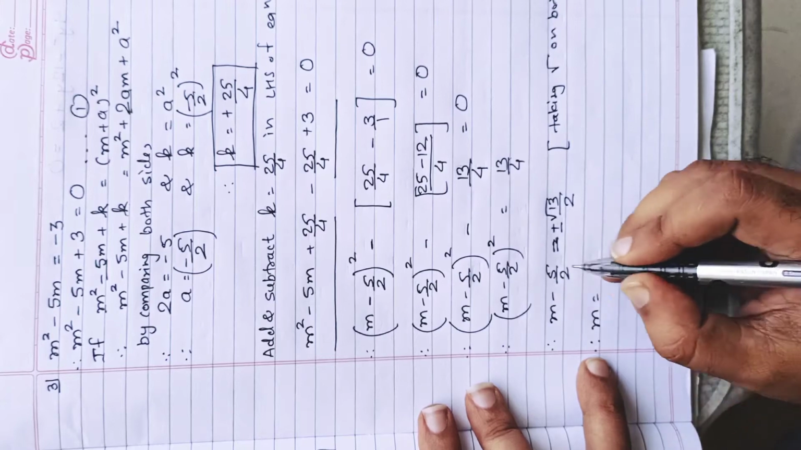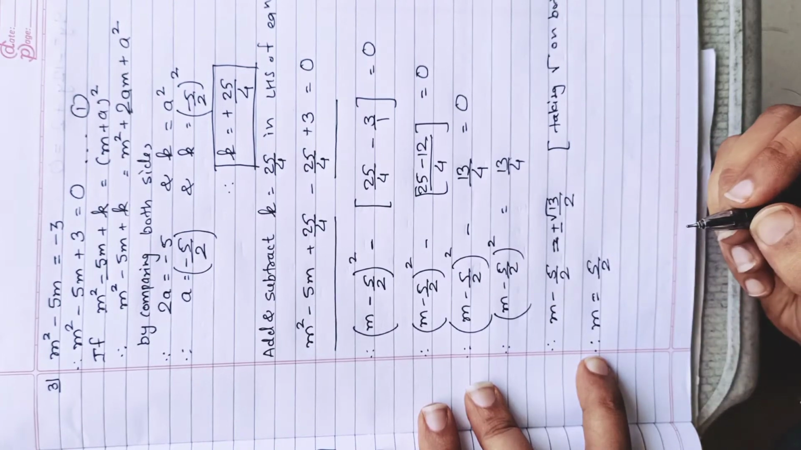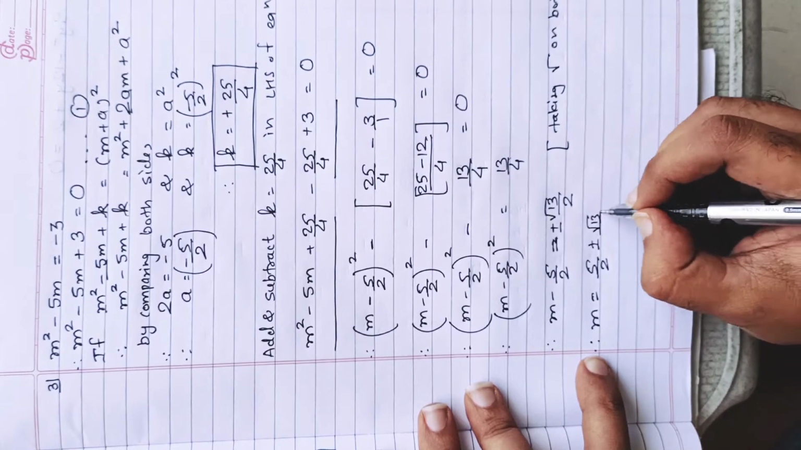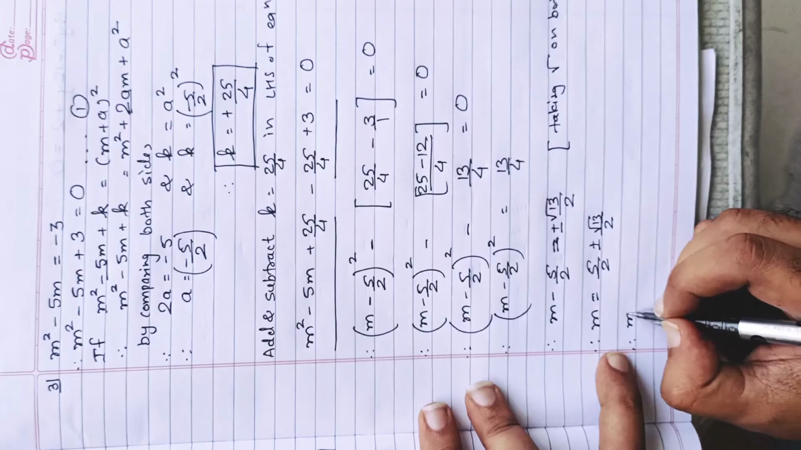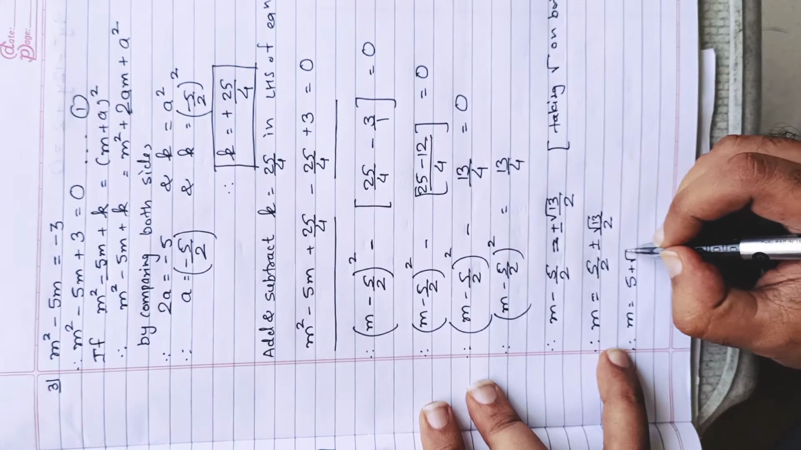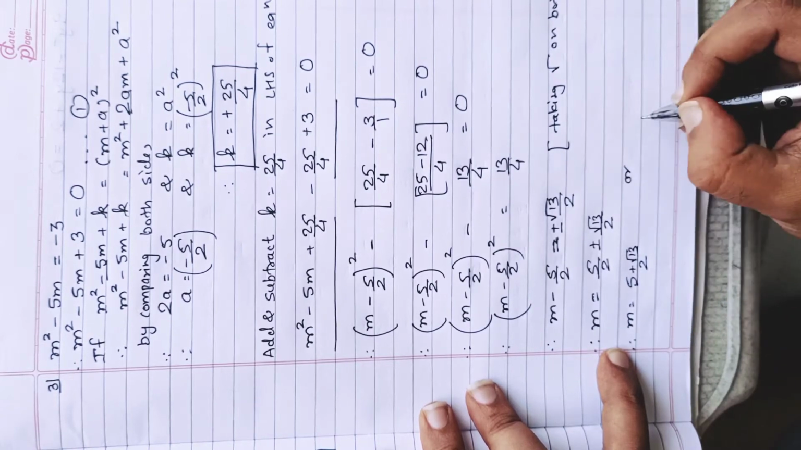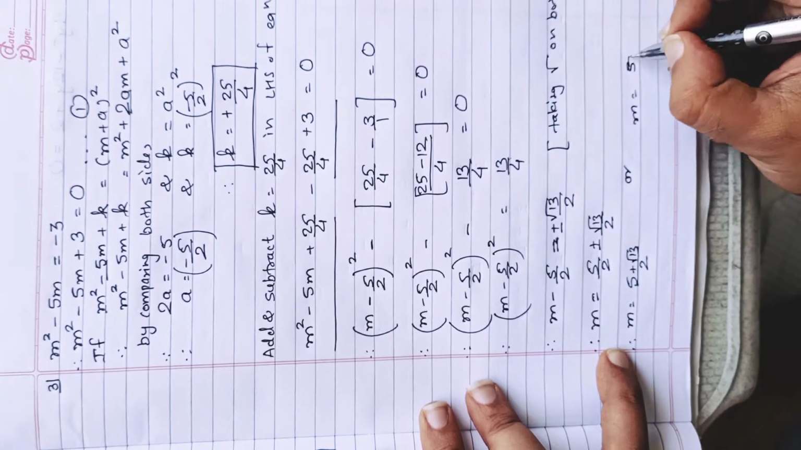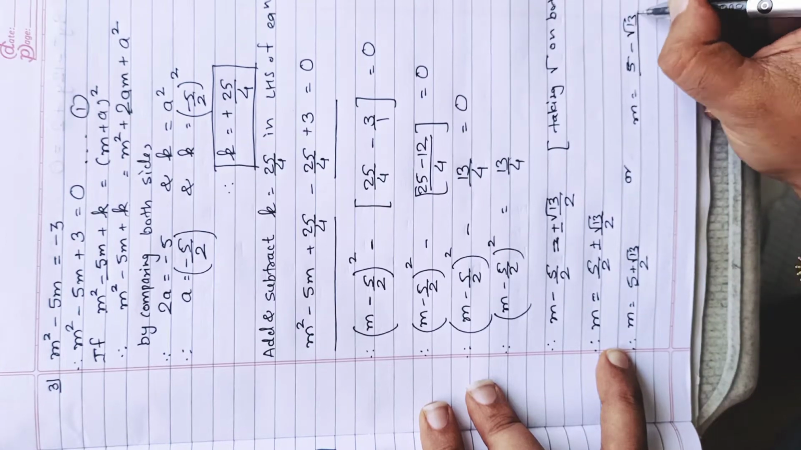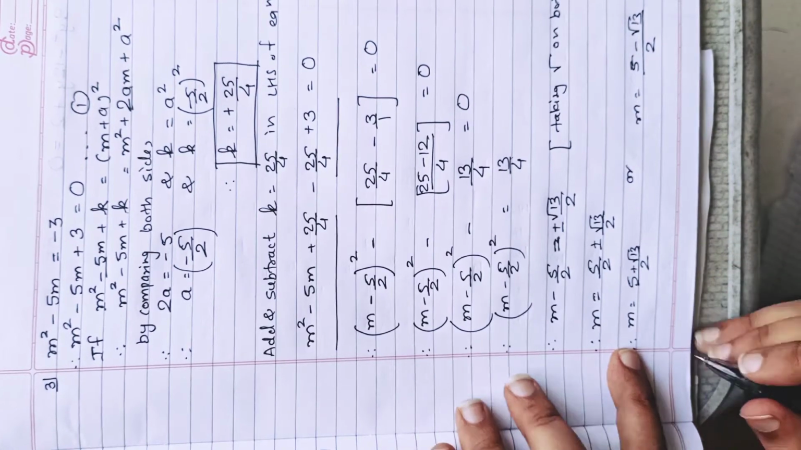Therefore, m equal to minus 5 by 2 will go to the other side, converted into 5 by 2, plus minus root 13 by 2. Therefore, m equal to 5 plus root 13 by 2, as the denominator is same, or m equal to 5 minus root 13 by 2. First time we have taken plus, so second time we'll take minus root 13 upon 2. Right? So final answer,